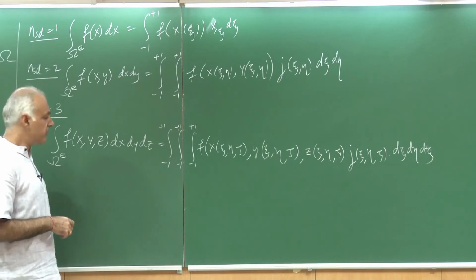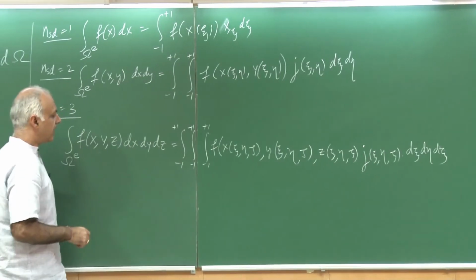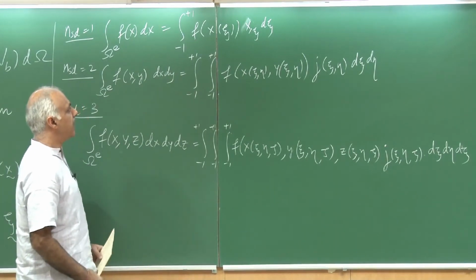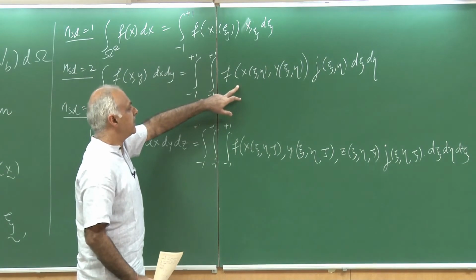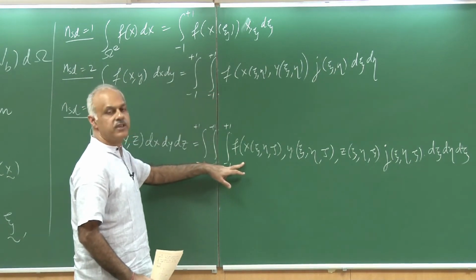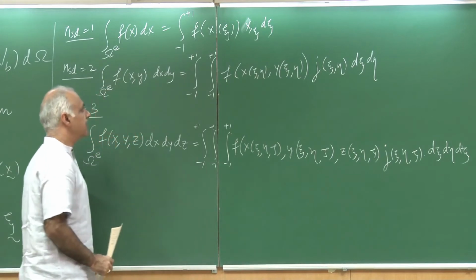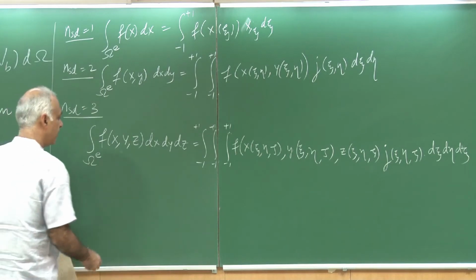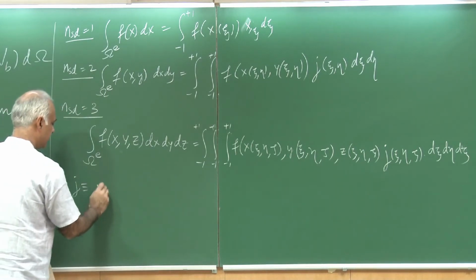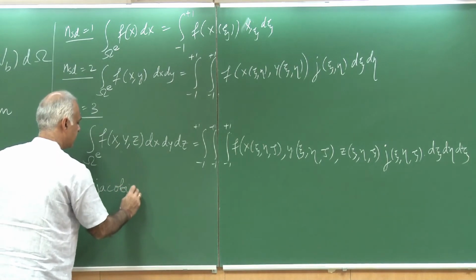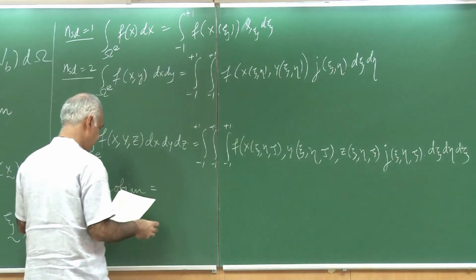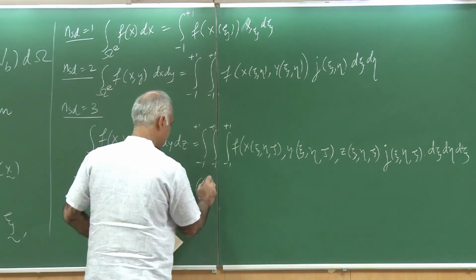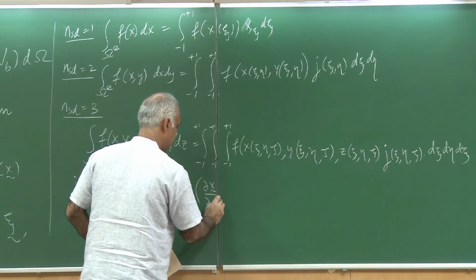So, I have transformed from the original Cartesian axes x, y and z to the parent domain, which would be like the bi-unit square in 2 dimensions and the bi-unit cube in 3 dimensions, and we have already seen this in 1 dimension several times. So, J is the Jacobian, and this, as we know, is given as the determinant of del x by del xi.